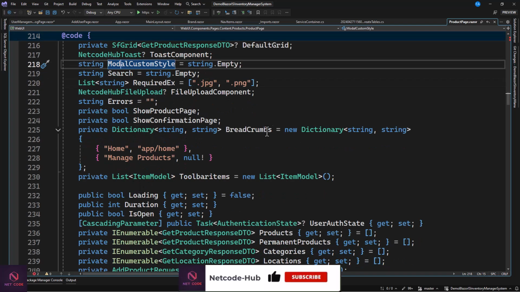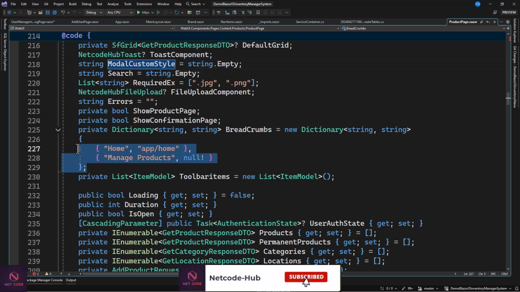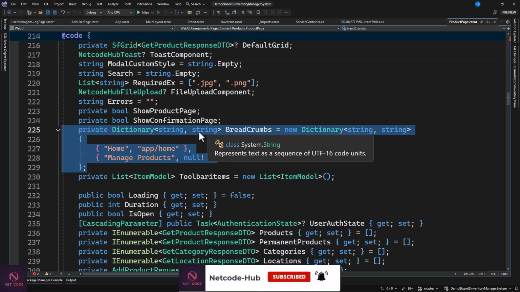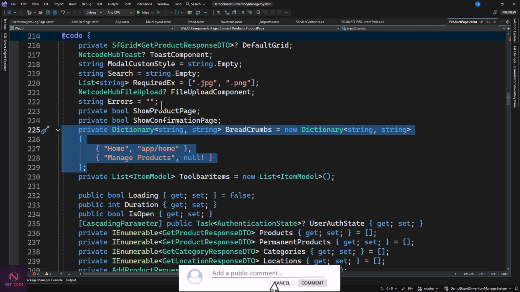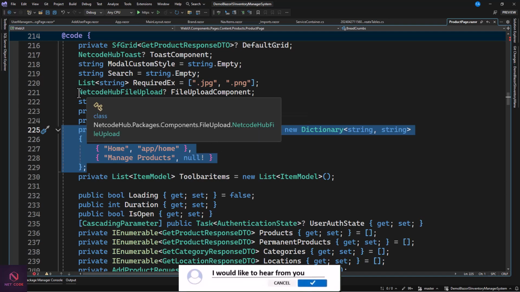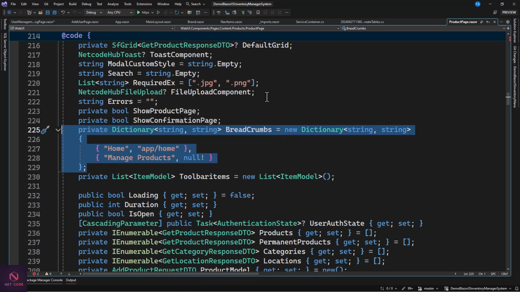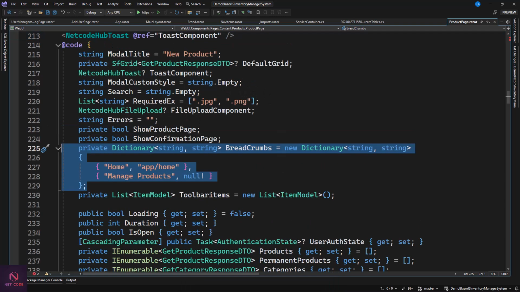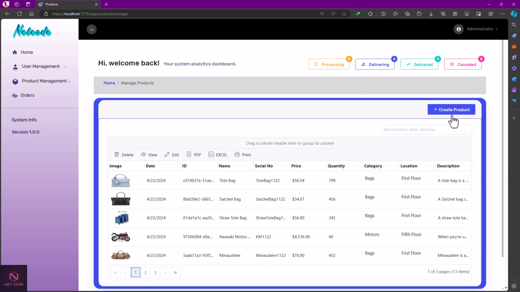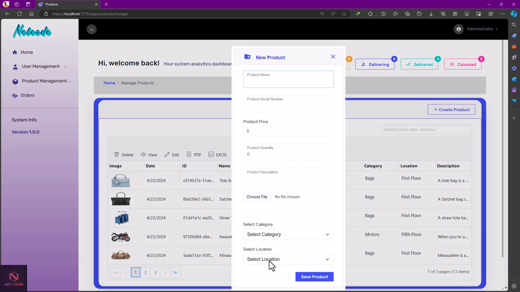Okay, now when the page loads, this is what we are doing. You can see we have this breadcrumb, the same thing specified, and it has been spoken of already. We have this Boolean expression to show product page and to show confirmation page as well. Now there is a Netcode-Hub file upload. Now you know, if I want to add file, if I click on this, I have this pop-up, and